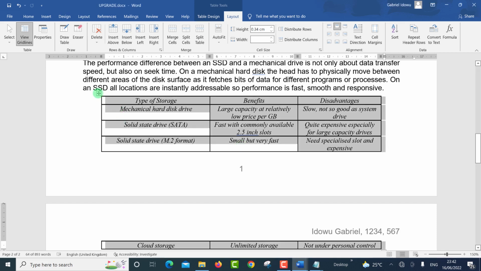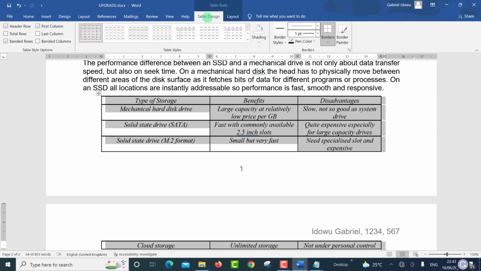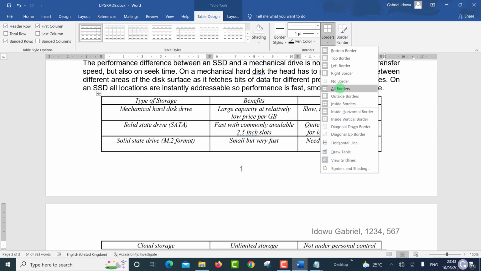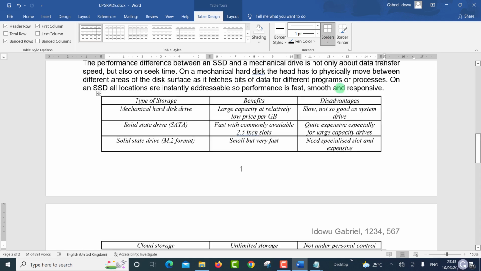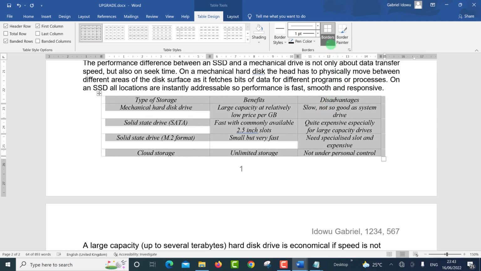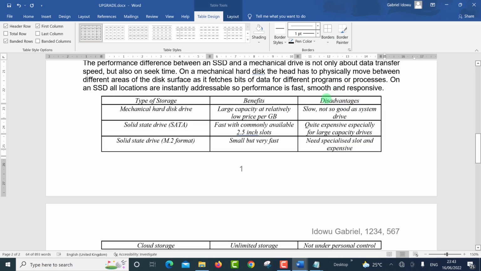So just select the table, then come to our table design and make sure that you're on all borders. Yes, all borders. That is selected, all borders. So then the next thing is